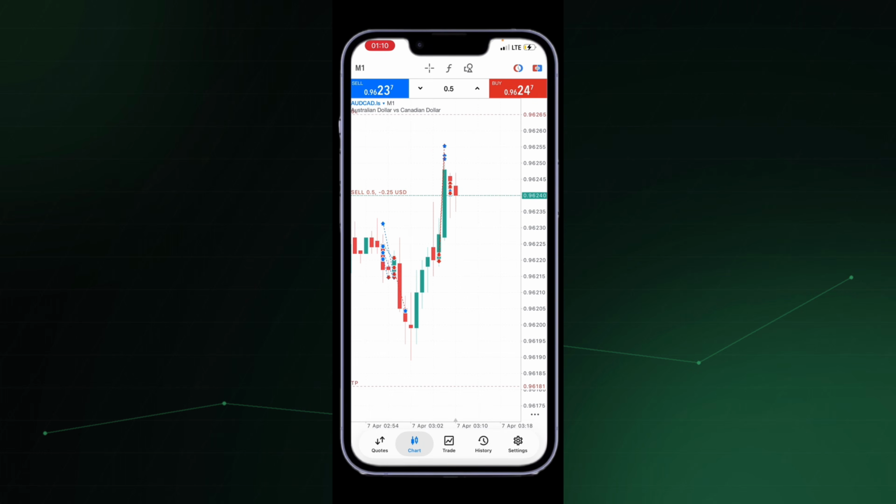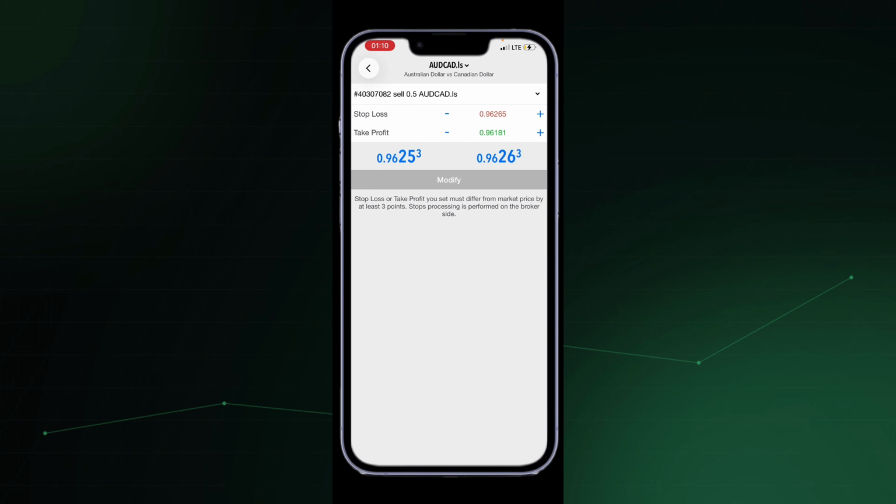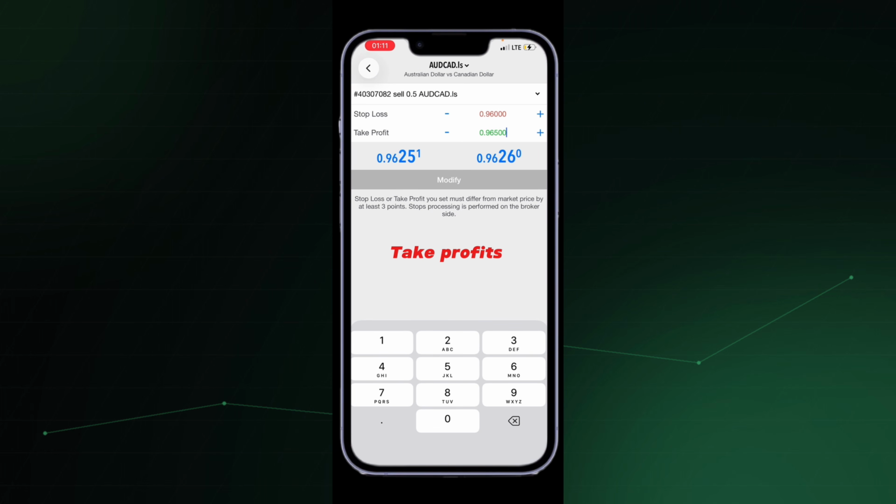Right, so once you've modified the position, you come back to trade, and then you can modify position again, right? So based on where I tell you to place your stop loss, that's basically where you place your stop loss. If I say place your stop loss at 9,2 or 6,000, that's where you place it. If I say place a stop loss at 9,500, that's where you place your stop loss, okay?